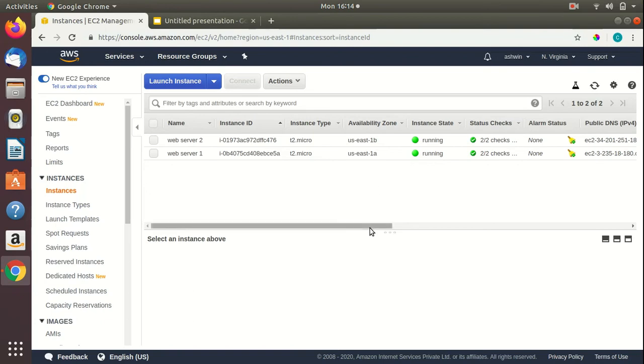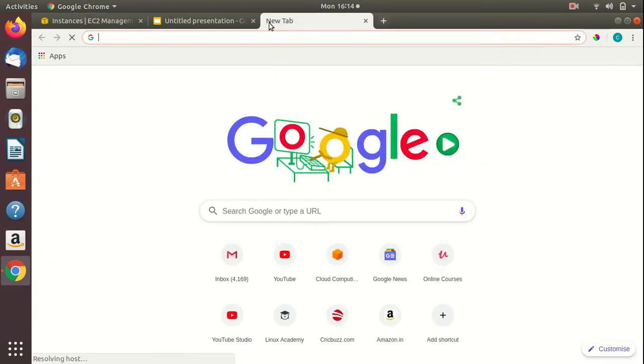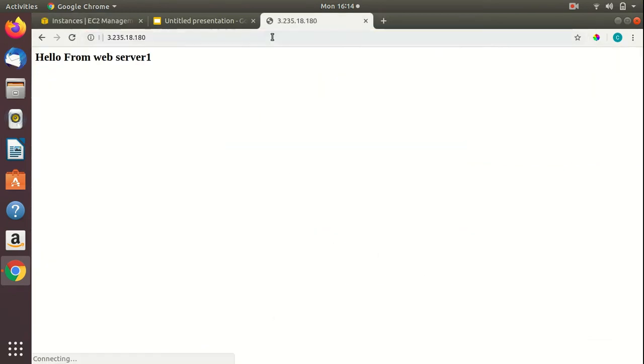So let's grab the IP addresses of these EC2 instances and check what the application installed on these instances says. I have copied the IP address of web server 1. I'll paste it in the browser. So the application installed on web server 1 says hello from web server 1.